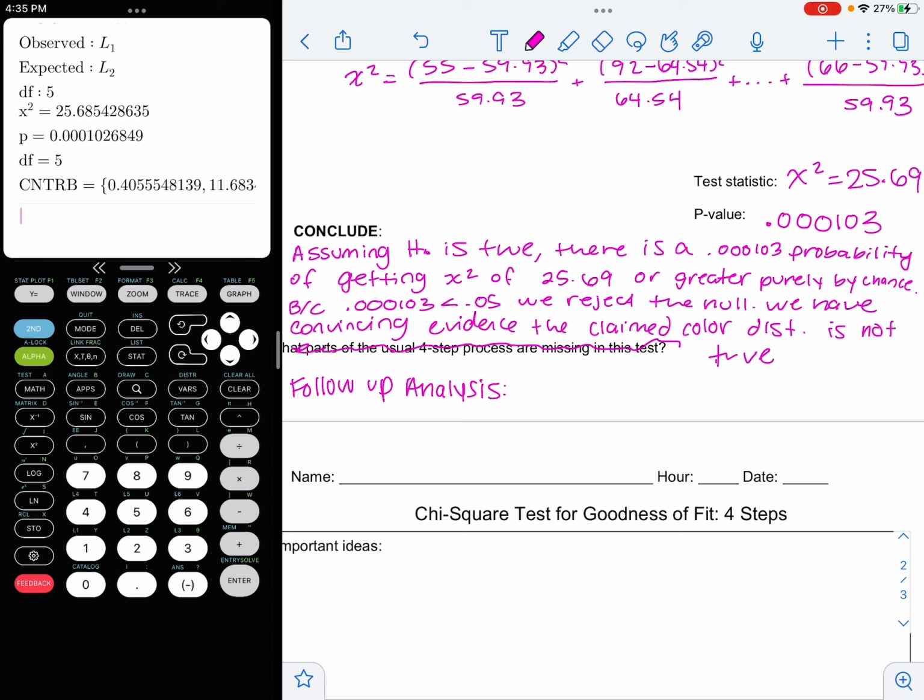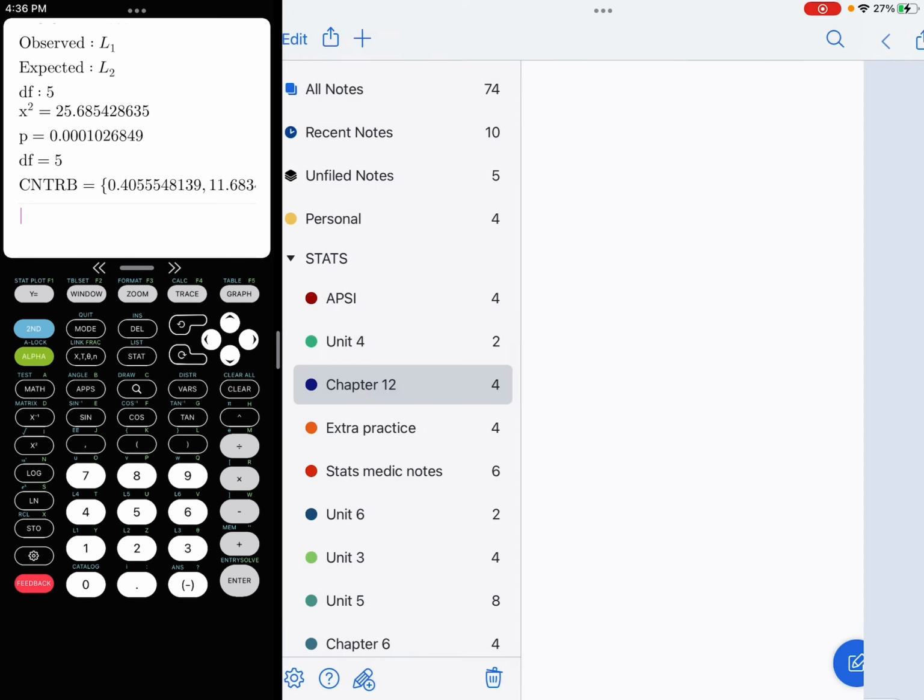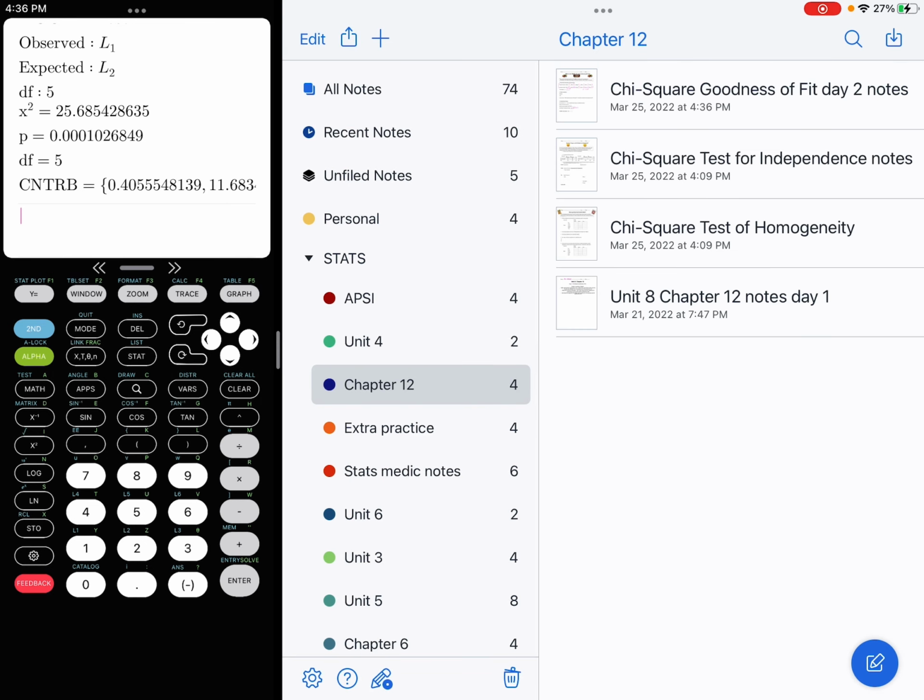And actually, we did this, I want to say that we did this on Tuesday's video, but maybe not. But looking at the table from Tuesday's activity,